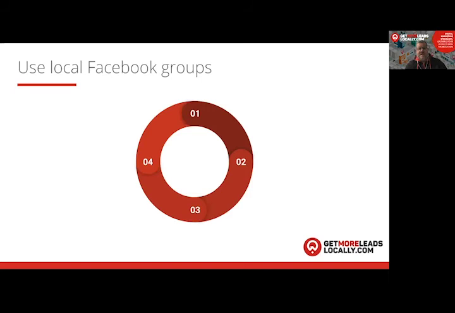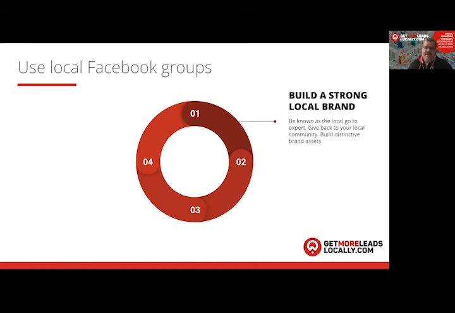But then I just wanted to share this is what we've been doing with Jordan. It's been working really, really successfully. So the first step is you've really got to think about how you can build a really strong local brand. Be known as the local go-to expert, give back to your local community, build distinctive assets, your van sign writing, your personalized clothing. Everything about your business should be distinctive and should separate you out from your competition. So that's the first step on the road to getting more local